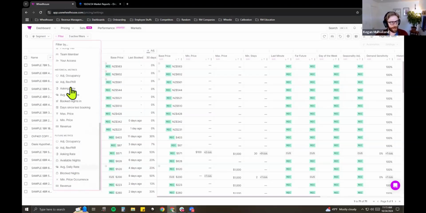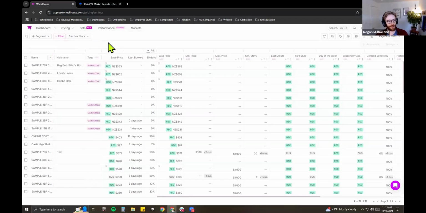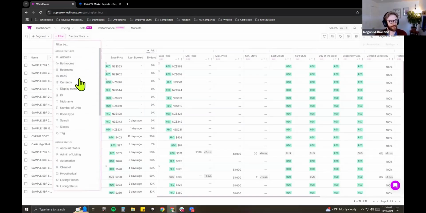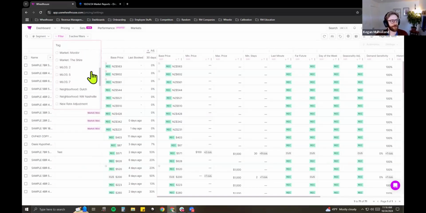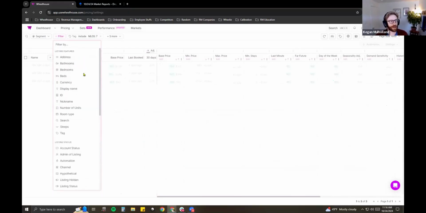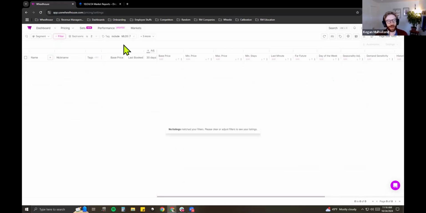This is where you basically choose and start to chain together filters to make segments. Like Andrew mentioned, the first start I would recommend is grouping your properties. If you have your own segments or groupings within your portfolio that you commonly use, and you're finding yourself constantly going to the filter button, finding that tag, and then going back to the filter button, finding the bedroom button, that's a lot of clicks, and you're chaining together multiple filters constantly throughout the day or the week.